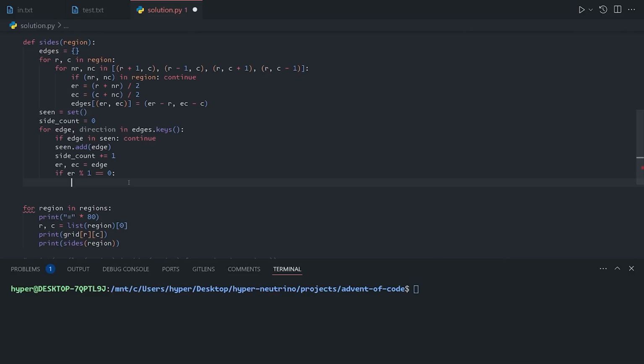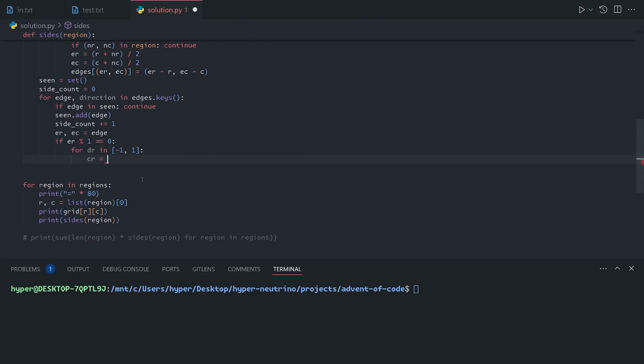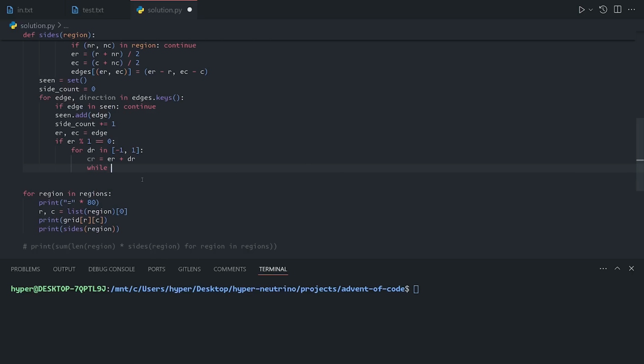So we can say CR equals, we need to go up and we also need to go down. Let's pack that into a loop. So for difference in row in -1, 1, we can set CR to be the next space over. So that would be the current row plus DR. And then while